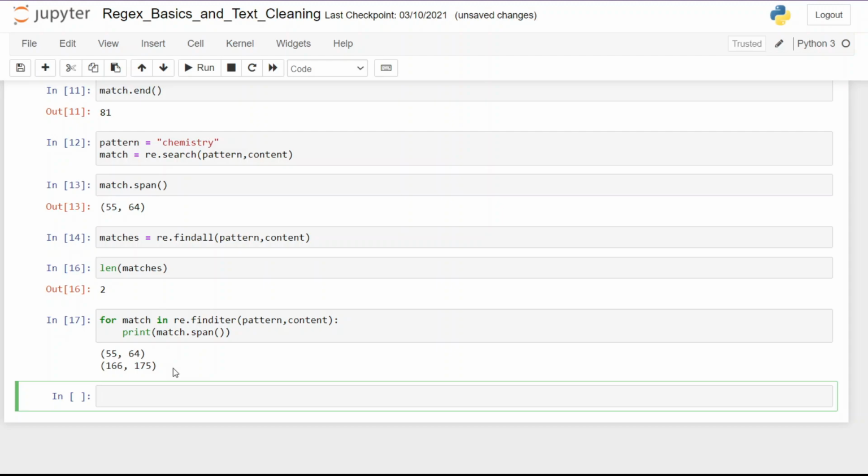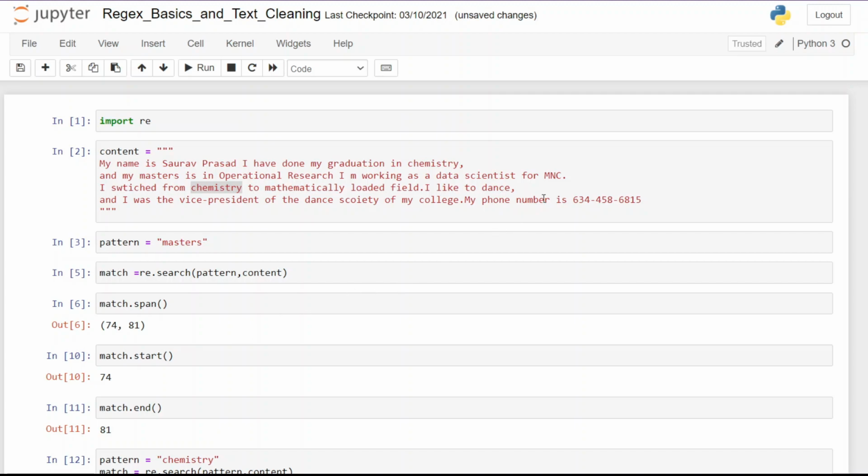Next, I want to talk about generalized patterns. So what are generalized patterns? Just to give you an example, country code or phone number of a particular country, roll number of students, employee IDs. They are all generalized patterns, which means that we can create a pattern that can be generalized for all of the phone numbers or student roll numbers, etc. As of now, we only have one phone number, but you can imagine that we can have multiple phone numbers in a document. And if we want to find all these patterns, in that case, we can use a generalized pattern. The benefit is that we do not have to search for each phone number in the document. The generalized pattern will do this for us.